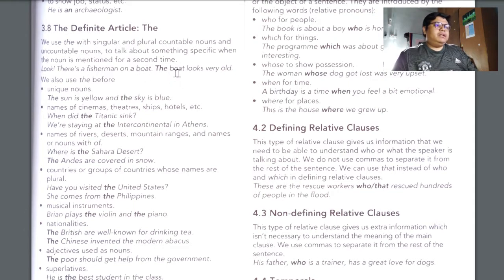Noun yang berulang ialah boat. Mula-mula tadi dia sebut a boat, tapi sebab dia nak sebut lagi pasal boat tu, so you have to change the article from a to the. Right, so selain dari menggunakan artikel untuk refer kepada subjek yang sama berulang untuk kali yang kedua,